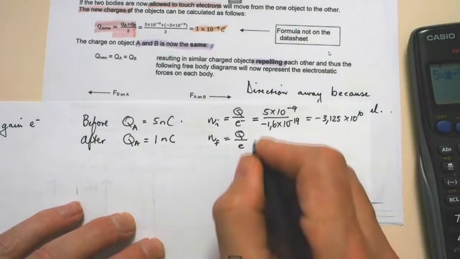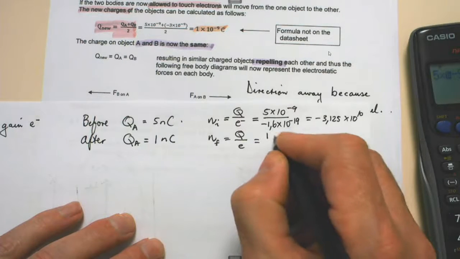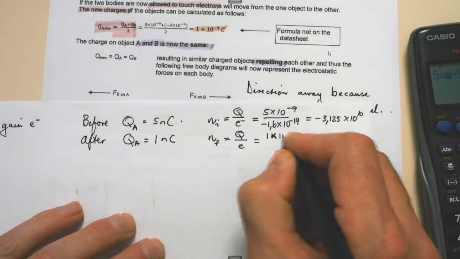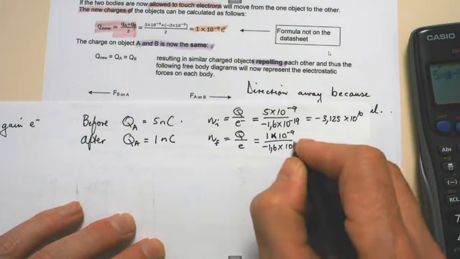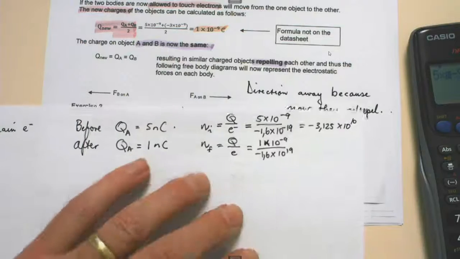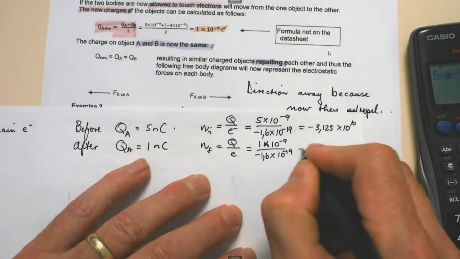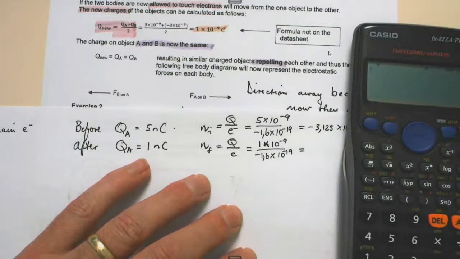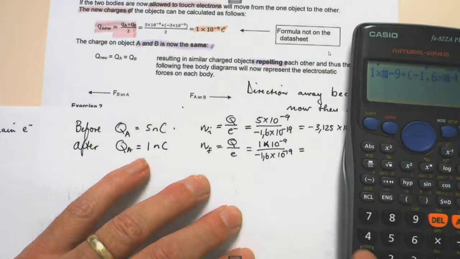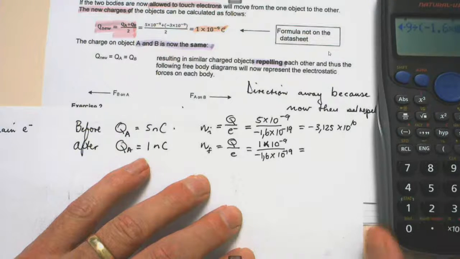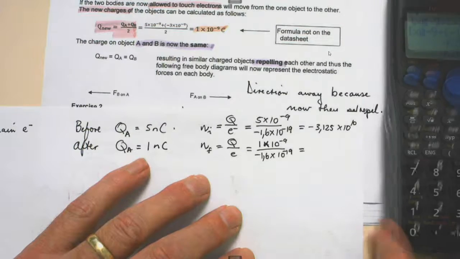Q divided by E, and now it's 1 nanocoulomb, 1 times 10 to the power minus 9 divided by minus 1.6 times 10 to the power minus 19, okay, and this is going to give me the following answer. So I've got 1 times 10 to the minus 9 at the top, divided by minus 1.6 times 10 to the minus 19, right, and the answer is